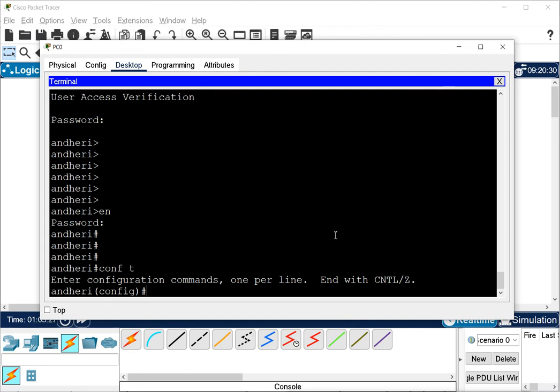Now, after the privilege mode, there is no password. So once you reach privilege mode, then you have unrestricted rights. You can do whatever you want. You don't have any restriction then, you don't have any password then. So these are the passwords we have: console password, auxiliary password for user mode to log into the router, and then the privilege mode password, to secure the router's next level configuration privilege.